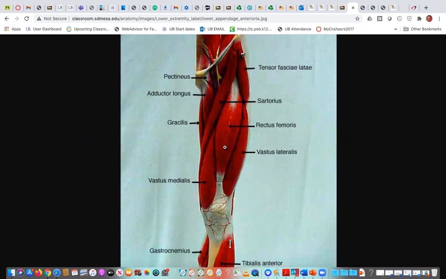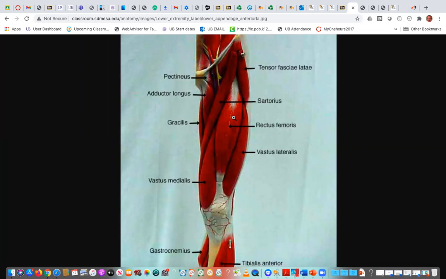The 4th is hidden under this. It's hidden under the rectus femoris. So if we peel the rectus femoris and pull it away, we would see the last quadricep muscle, which is called the vastus intermedius. The other is the vastus lateralis and vastus medialis. So vastus medialis, vastus lateralis, deep to this muscle would be the vastus intermedius, but superficial to it is the